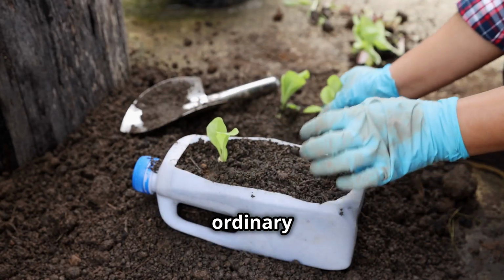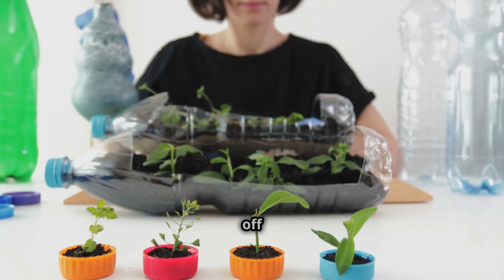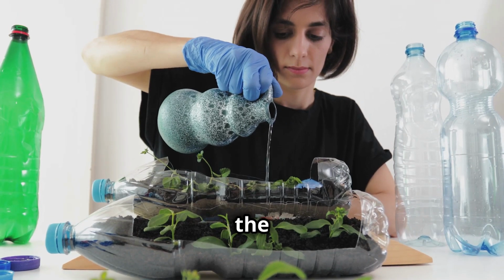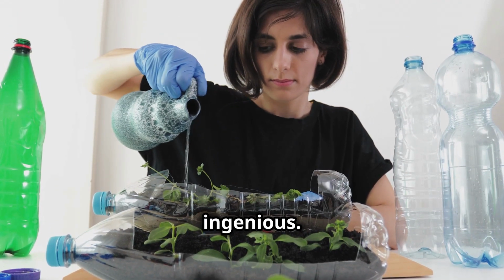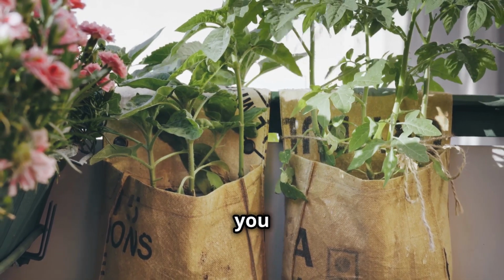Welcome to a world where ordinary items transform into extraordinary gardening tools. Today, we're stepping off the well-trodden path of traditional gardening and venturing into the unexpected, the unconventional, the truly ingenious. Get ready to unlock the secrets of a thriving garden with simple, everyday items you might even toss in the